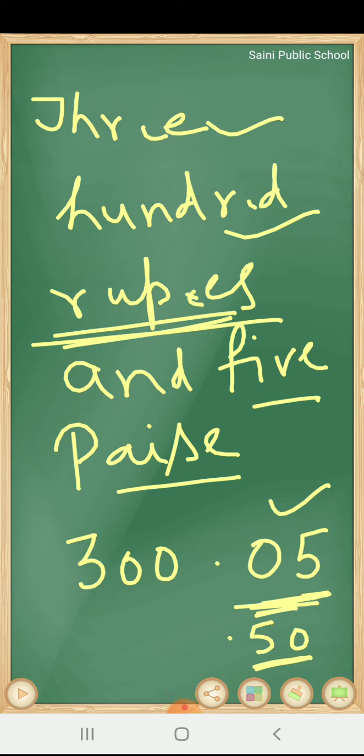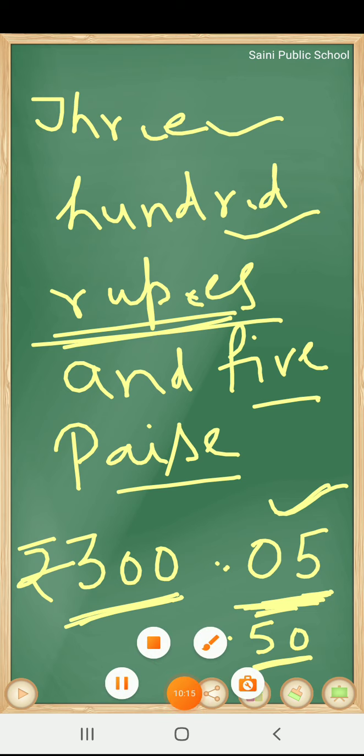In this way we can write a given amount in words or in figures. We have to use a dot to separate rupees and paise. First of all we will write here rupees and here the dot, and we will write here paise. Paise are always represented by 2 digits, so we have to complete 2 digits, and we can use zeros for this. And then after that we will write here the rupees symbol. Okay, so this was all about